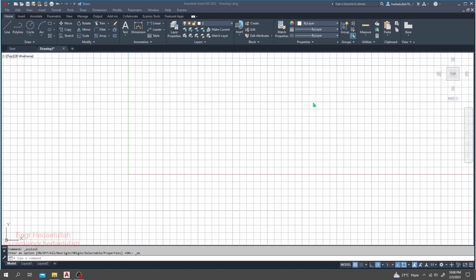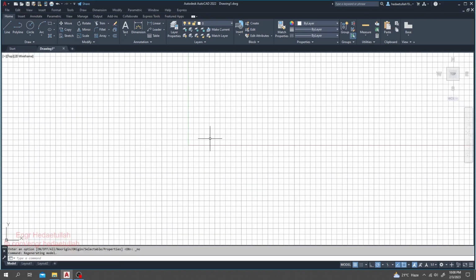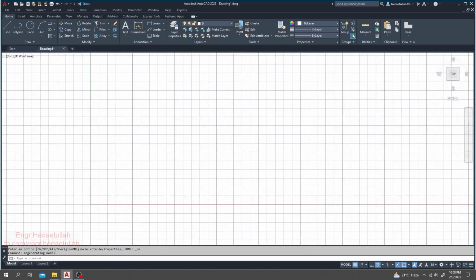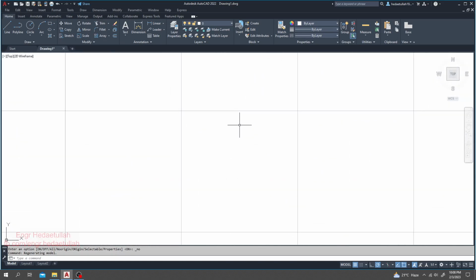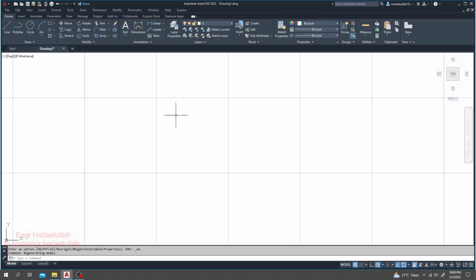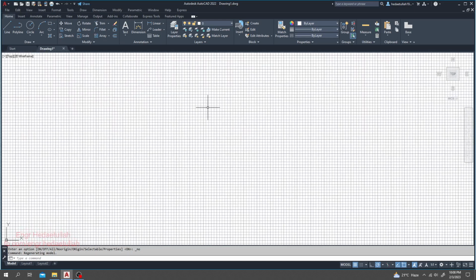You can see they have some grid, and sometimes if I zoom out, we see the grid getting smaller, and if I zoom in, then we're seeing our grid being very big. So what we can do here, or what we can remove that grid if we need to remove that, just